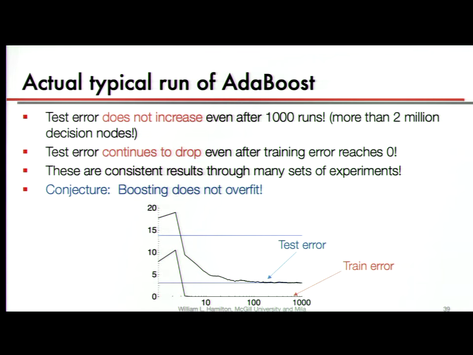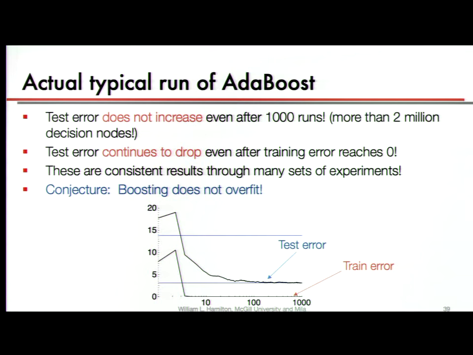So why is this particular algorithm something that won the Gödel Prize and not any other algorithm in machine learning? Part of the reason is that it has a really nice, elegant derivation and motivation, something we didn't have time to go into. But the other very interesting thing is that it doesn't seem to overfit, and overfitting is really the bane of all machine learning, right? We're always trying to avoid overfitting. So the fact that this approach doesn't overfit makes it extremely promising for a lot of applications.